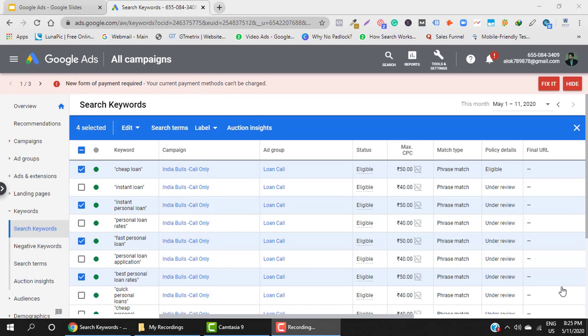That is why we should go with manual CPC in the initial stages. However, we should always migrate to an automated bidding strategy to utilize Google's potential and power, as Google knows which click is going to result in a conversion. We have to lend some power to Google to raise our bids and get that particular click, which is only possible through an automated bidding strategy, not through a manual one. However, since automated bidding strategies require a lot of conversion data, it is best to start off your campaign with manual CPC. So with this, I end this video.